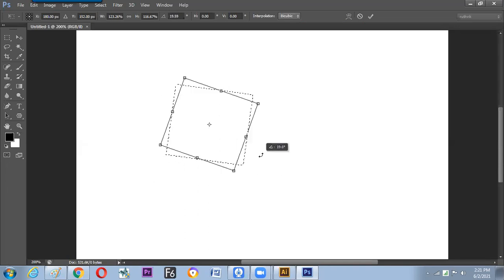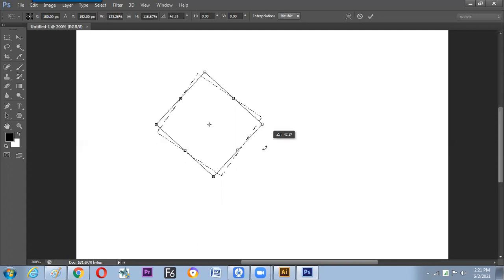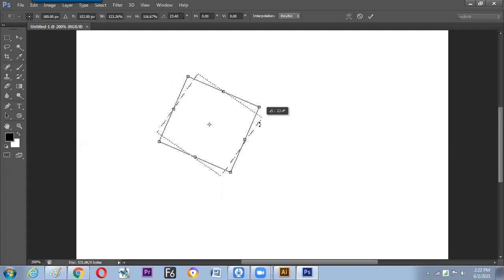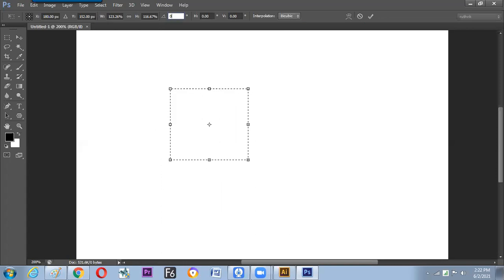And whenever we are rotating anything, and whenever the transform box is open, the option bar will reflect a lot of mathematical information. Nothing to worry about, it is there to help us. And here the angle will reflect, we can go to zero, which is the default. Fine. So hope we have understood how to rotate and how to scale without measurement. But now we'll see how to do it with measurement. Is the topic clear?